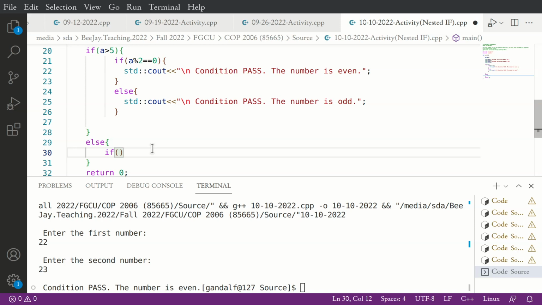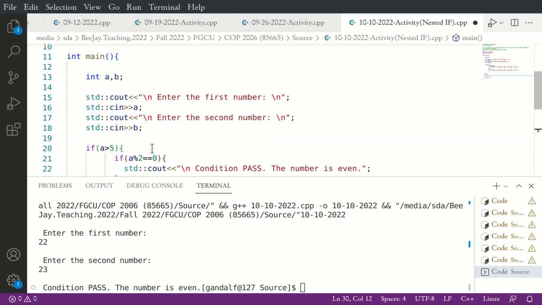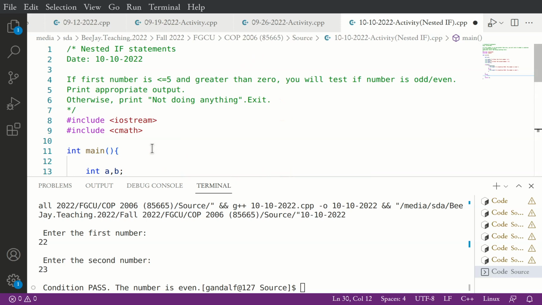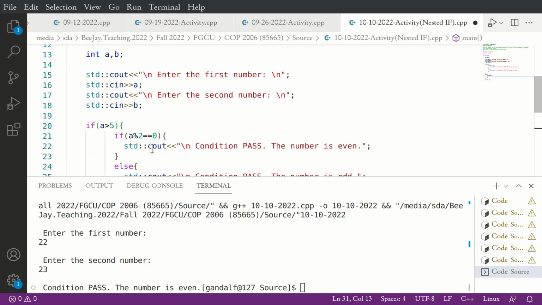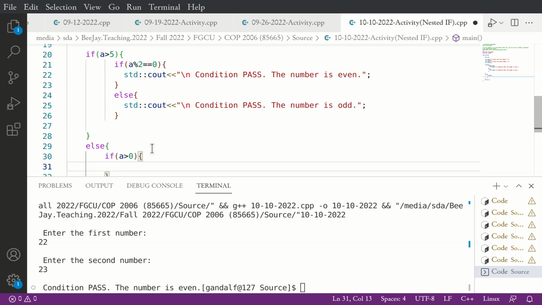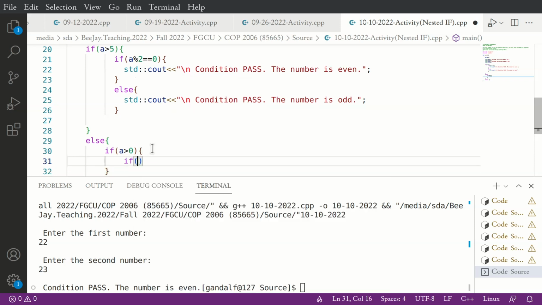So if the code moves on to the else block, it would simply tell us A is less than or equal to 5. But to complete the activity, I need a condition. What is that condition? We want it to be greater than 0. So if A is greater than 0, I am going to see if A is odd or even. So if A mod 2 equals 0,